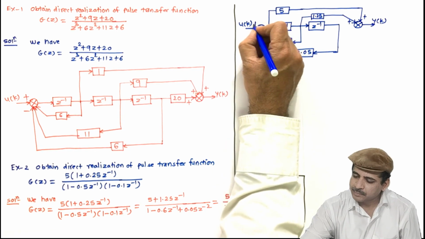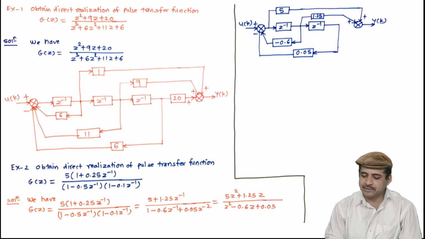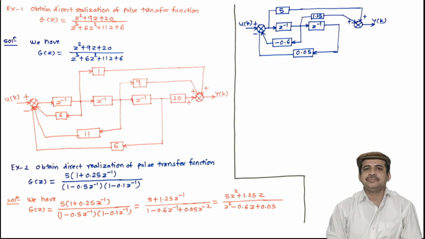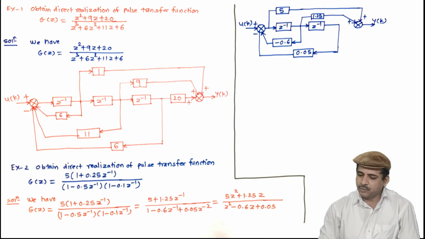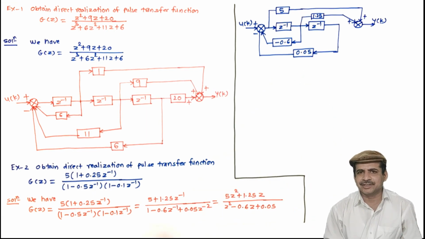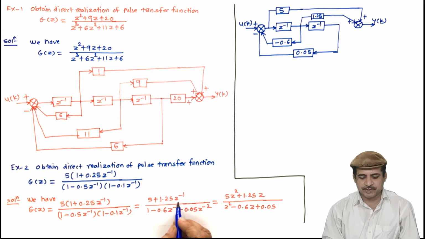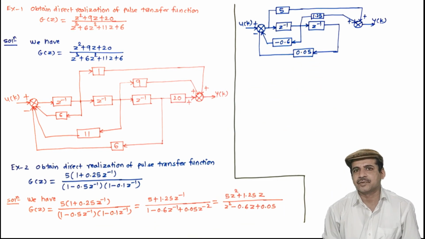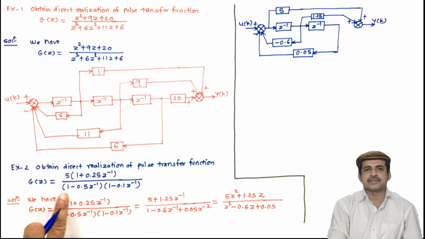So here you can see that there is no block present here. Why did this happen? Because here m is less than n by 1, so one block is absent, because m finished here itself. But the realization we did earlier with negative powers is coming out the same. So you can choose either method. Either you go by negative powers of z, or you go by positive powers of z. The realization will come out the same. So this is the direct realization of the given pulse transfer function.